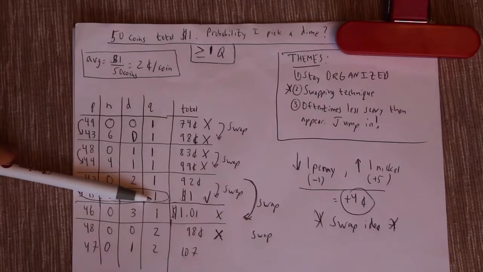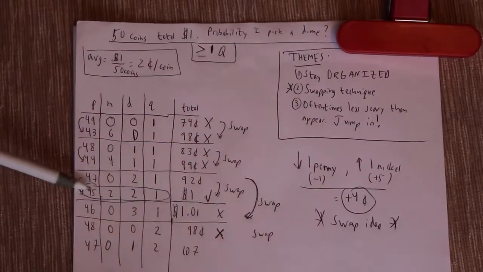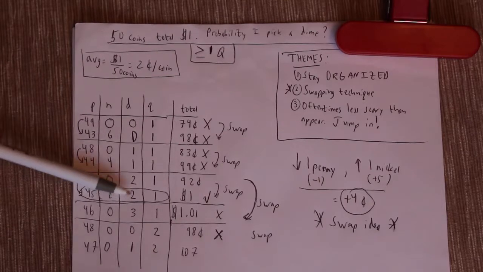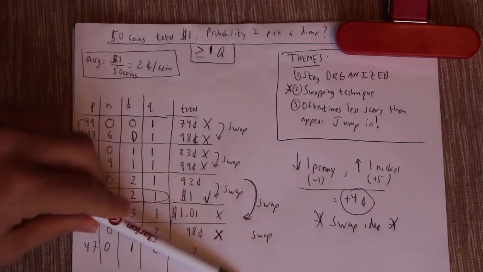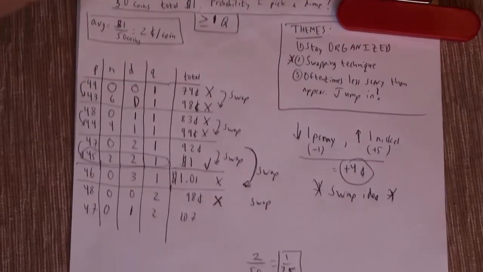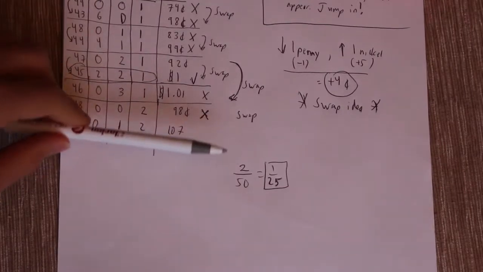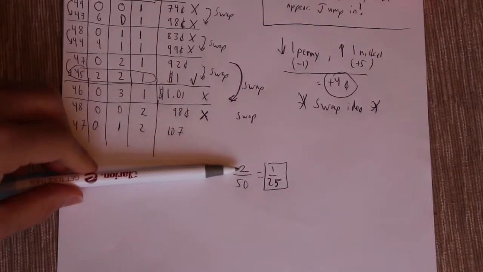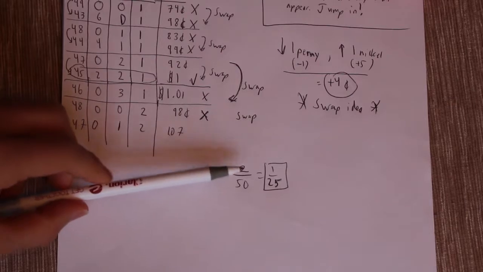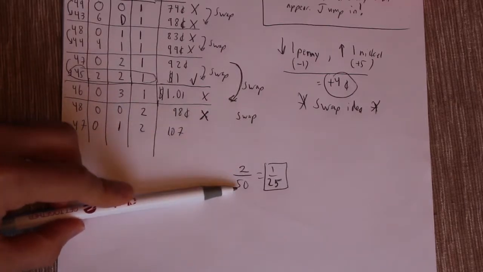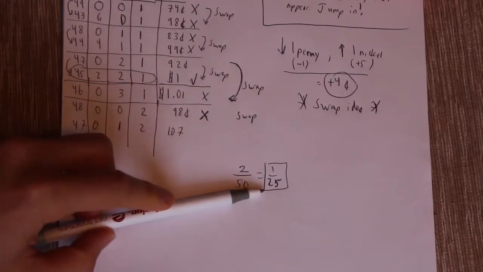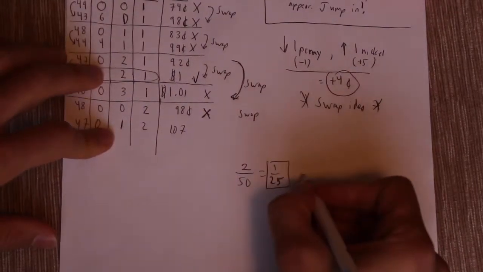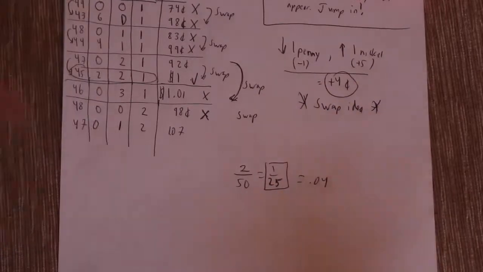So to answer the original question, we know we have 50 coins and there are only 2 dimes, which is really the only piece of information we needed. And therefore the probability is 2 out of 50. Let me move this up so you guys can see. So the probability of picking a dime, if I'm picking a coin blindly, would be 2 out of 50, because there are 50 coins total and only 2 of them are dimes. And that simplifies to 1/25, or if you want to write it 0.04, whatever works for you guys.